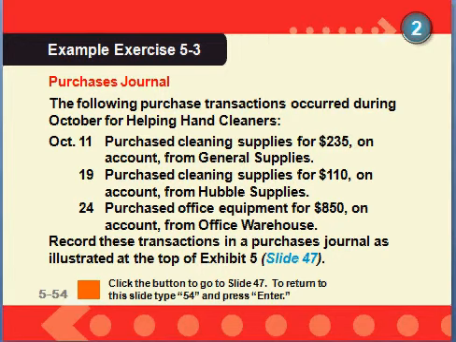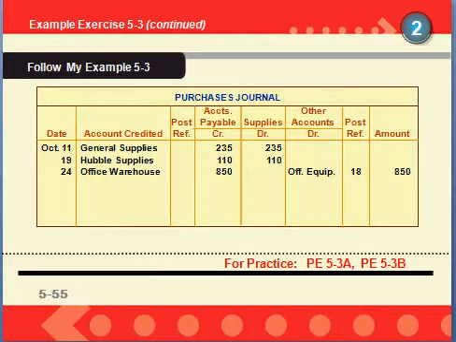In our last session, we finished up with a purchases journal and didn't quite make it to the example exercise. But this is example exercise 5-3, and it's located on the bottom of page 213 and the top of page 215. In this one, you can see we have 3 transactions, and they're telling us to record those in the purchase journal. So if we look at our purchase journal on October the 11th from General Supplies, you can see